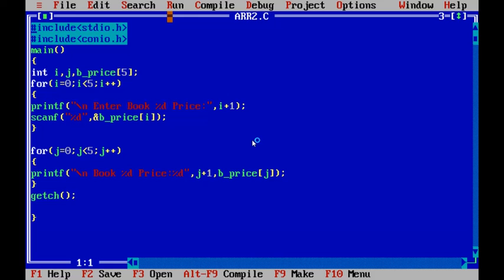While practicing the program for printing the prices of 5 books, it printed garbage values because we forgot the ampersand symbol in the last session.